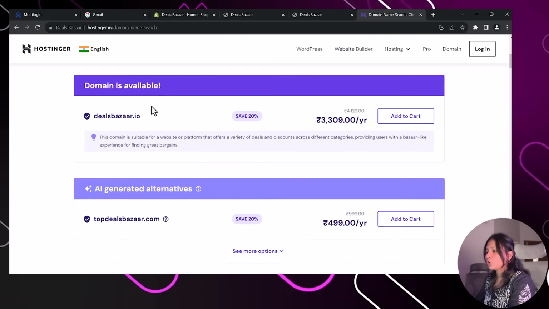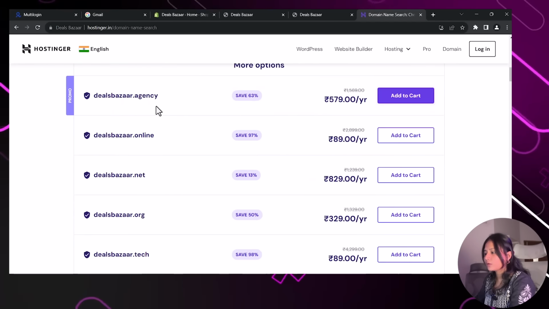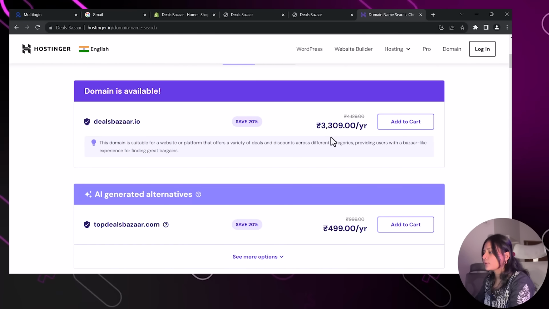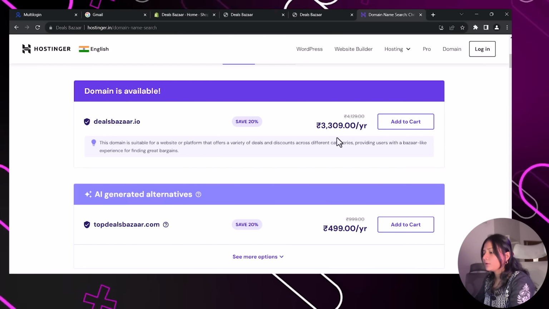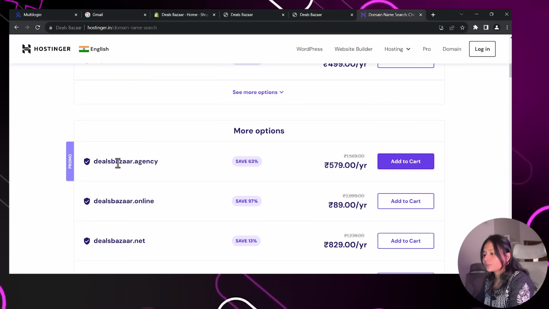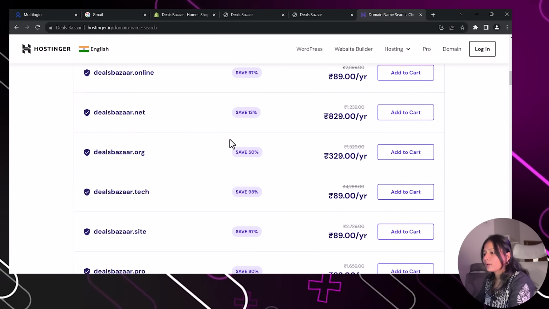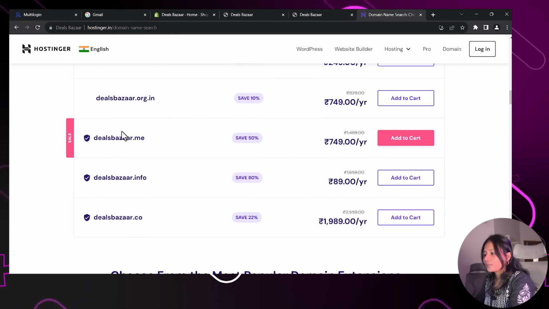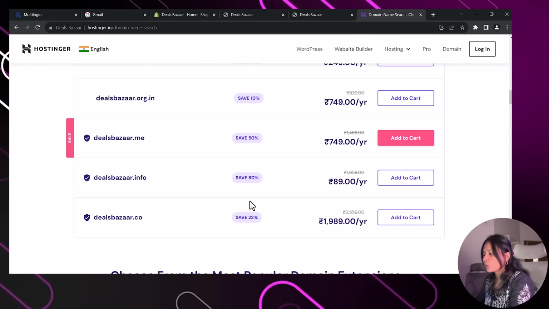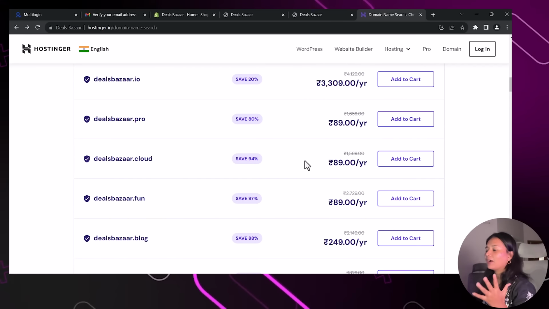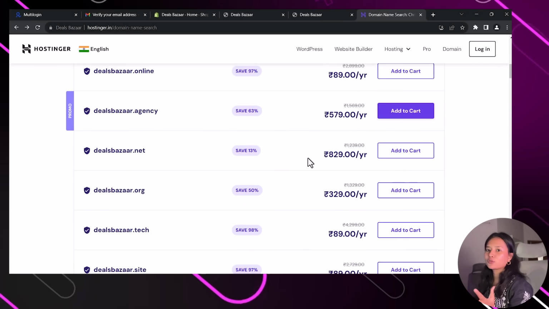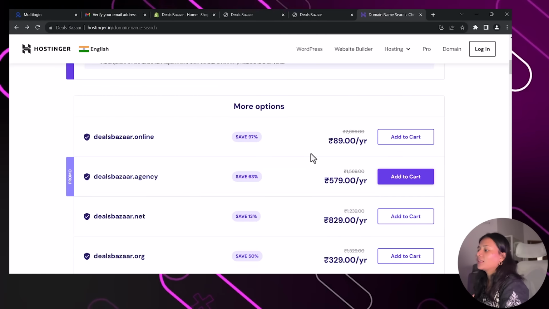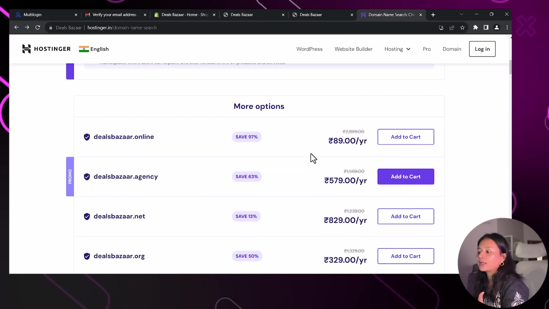So we have a lot of domains available in here. You can see we have dealsbazaar.io for 3,309 per year, and we have Deals Bazaar Agency, Online, ORG, Cloud, dealsbazaar.me, info, .co. So now you can see we have plenty of options over here. I was looking for dealsbazaar.com, but it was already taken. But there are a lot of options like